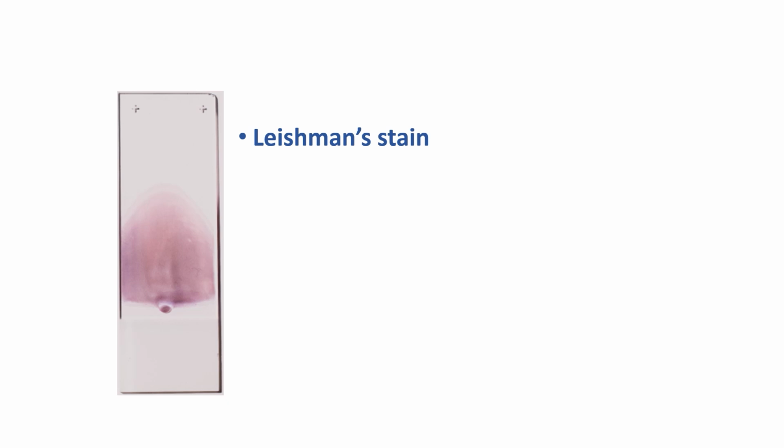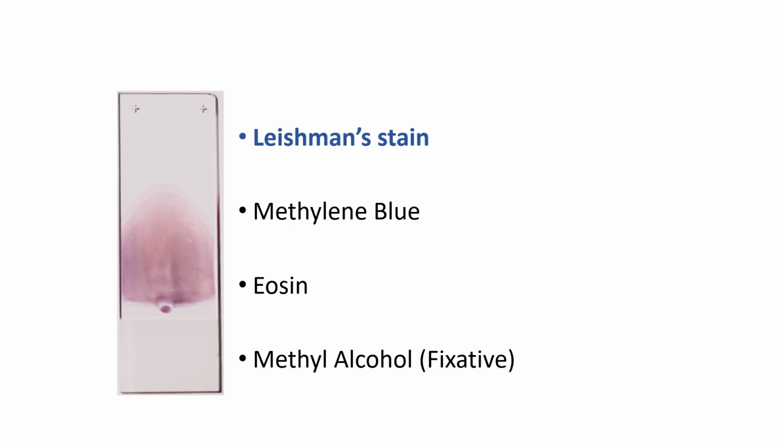Now, Leishman stain has a few things inside it. It has two major stains: number one is methylene blue and number two is eosin. So blue and pink, similar to the H&E in histology, whereas here it is methylene blue and eosin. Along with these there is also one more thing called methyl alcohol, and methyl alcohol acts as a fixative. Now, if someone asks you what a fixative is, the function of a fixative is to preserve